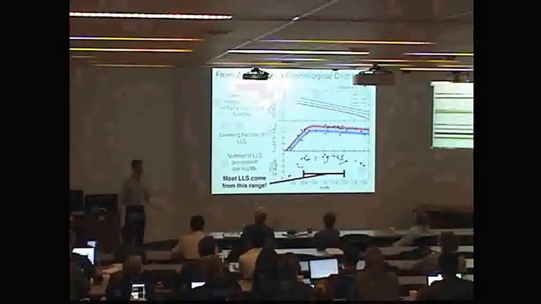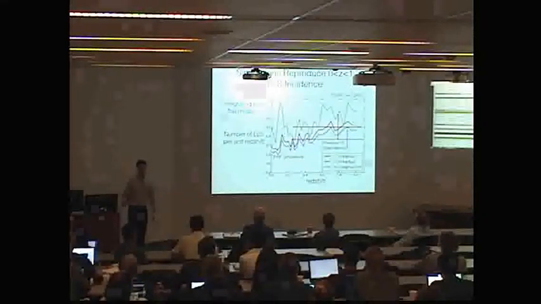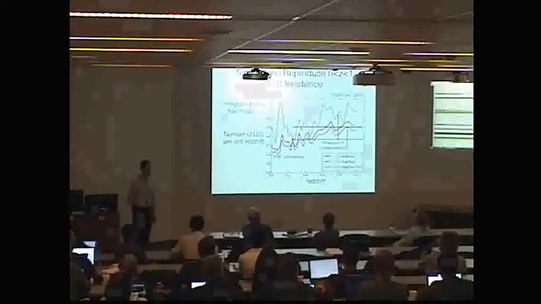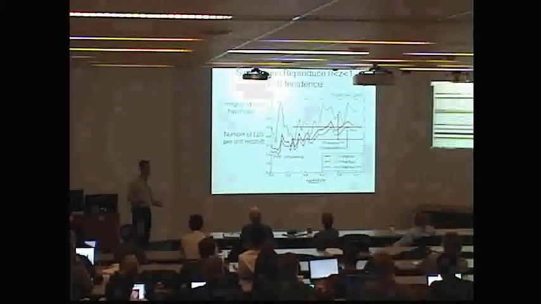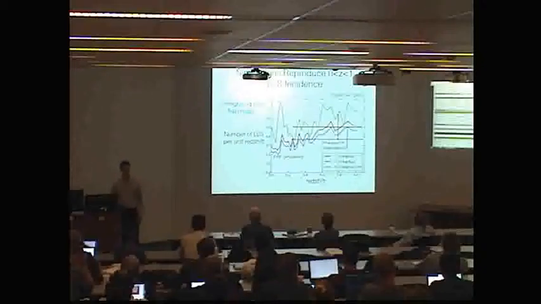But is this correct? Well, we can compare to observations. Integrating our incidence of LLS per unit redshift per unit halo mass over halo mass, we can get the incidence of LLS per unit redshift, which we have some observations of. Here we're comparing to observations by Prochaska et al. from 2011, shown as the error bars for a few different column density cuts that still correspond to LLS. Our results are the curve. As you can see, there is a good agreement between our simulations and observations,